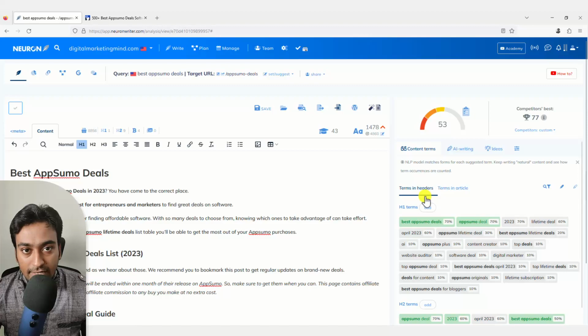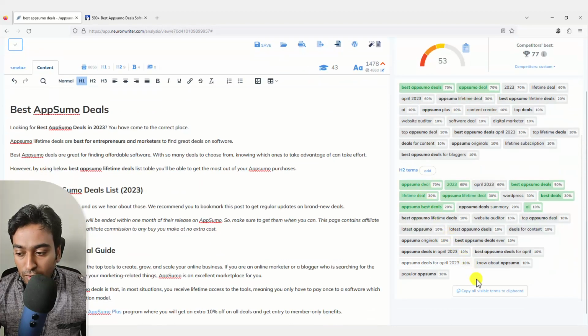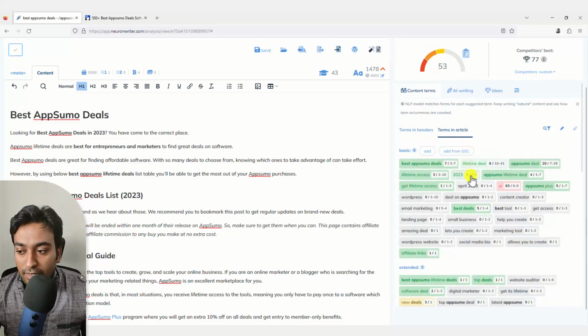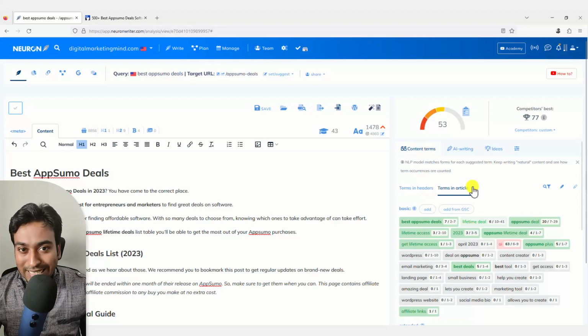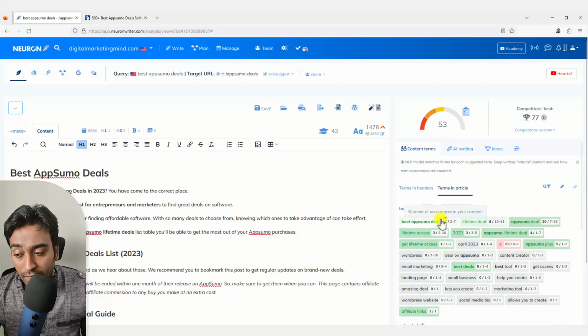First it is categorized into headers, where the H1 header and H2 headers show all the different ones. You can copy all these items. Terms in article is where it shows all the keywords within that content piece itself. It shows me all the keywords it should include, including the number of times I have included them and how many times they should ideally appear in the content.